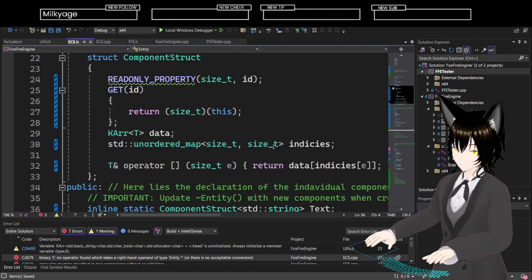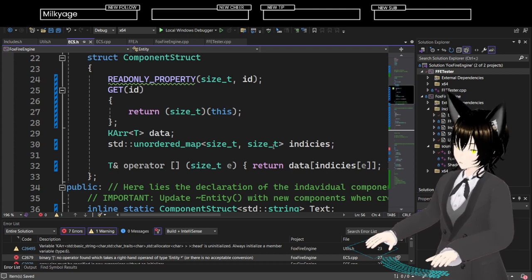Because there is like a little bit of a doobly jam, right?